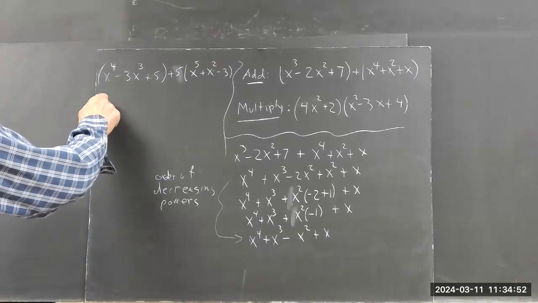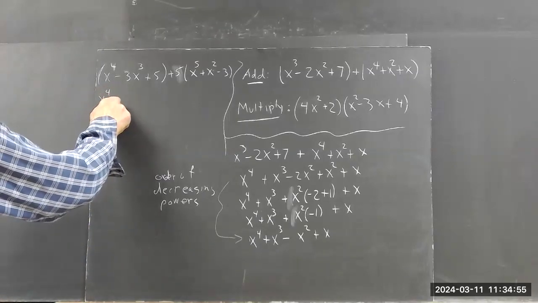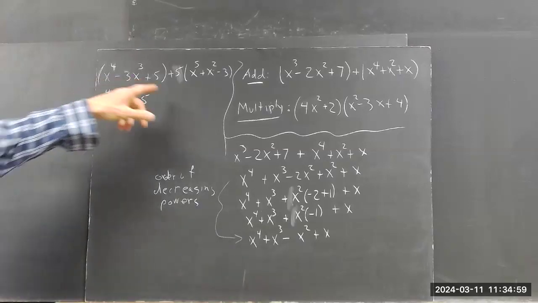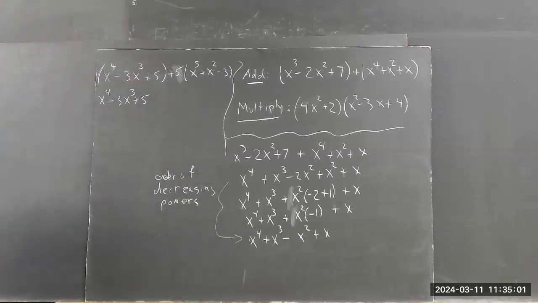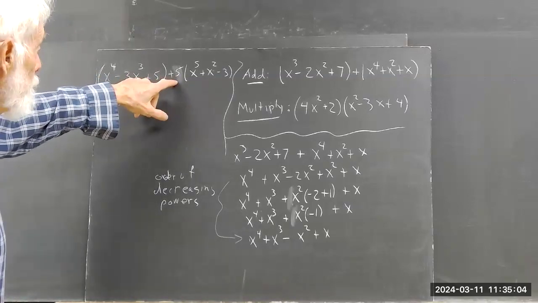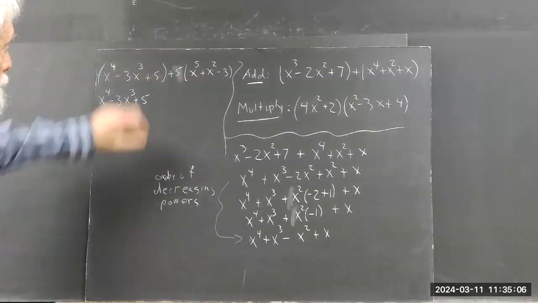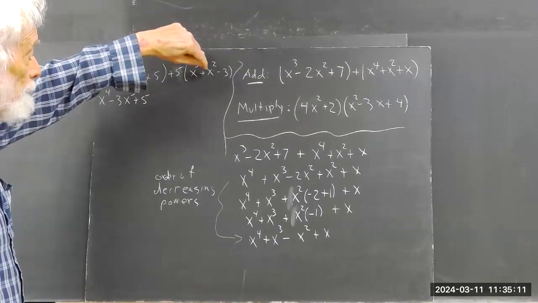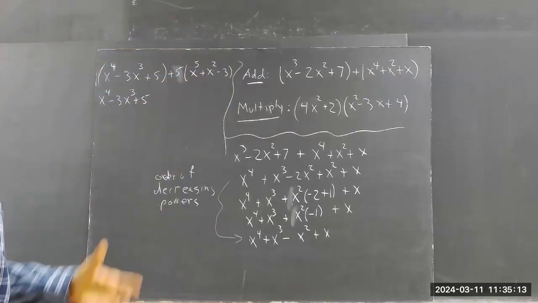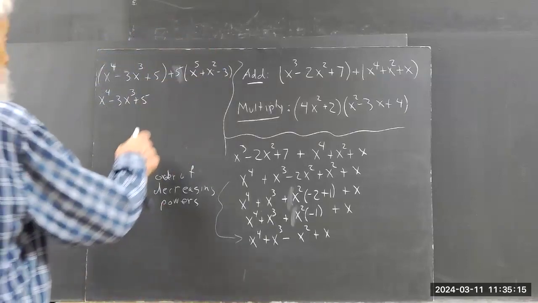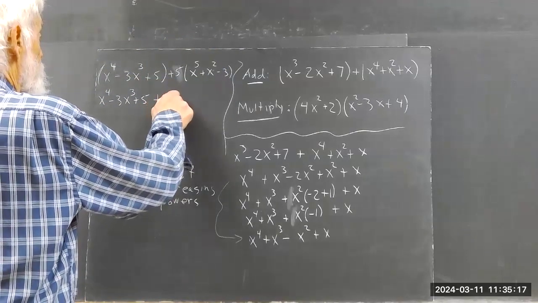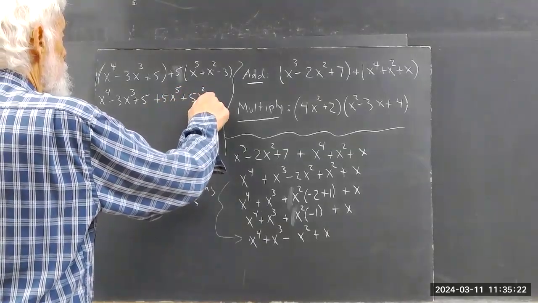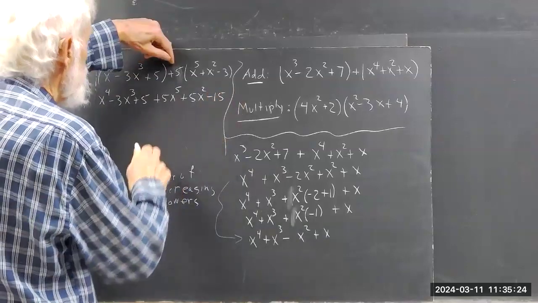So we're going to have, first of all, x to the fourth minus 3x cubed plus 5, just as it is, because there's nothing out in front of these parentheses. And then we have a 5 out in front here. Now this 5 means it's multiplied by this whole expression. So we've got to multiply 5 by each term. We've got to be sure we understand the distributive law. Okay, so it's plus 5x to the fifth plus 5x squared minus 15,